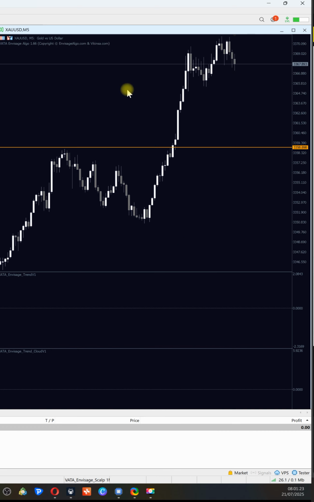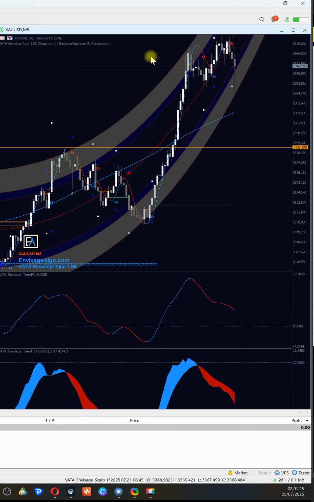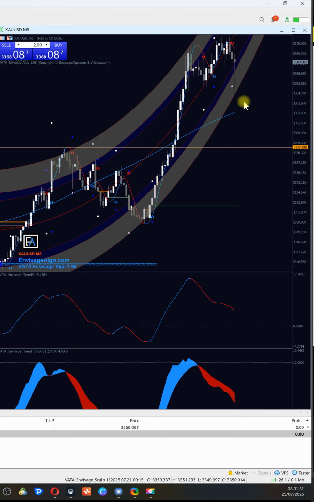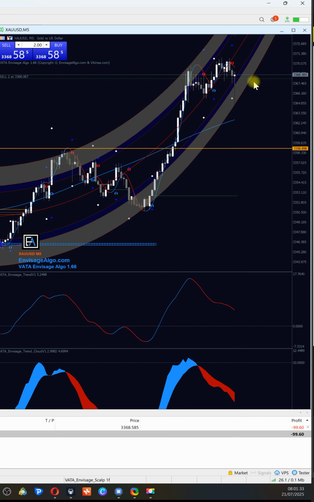So what I'm gonna do is actually take a short trade. We just got a signal here on the open of the New York, open of the London. So I'm gonna take a trade here. My stop loss is gonna be above. This is gonna be a slightly higher time frame trade, so it's gonna be a day trade or scalp trade.